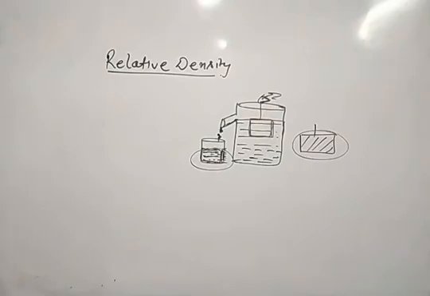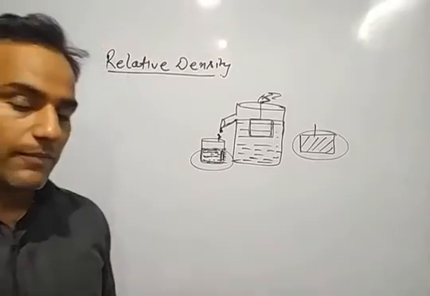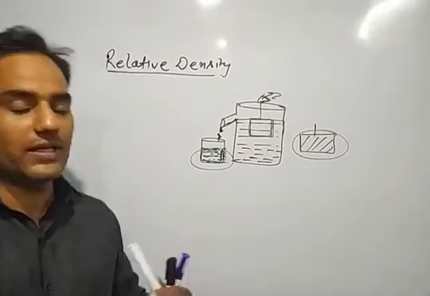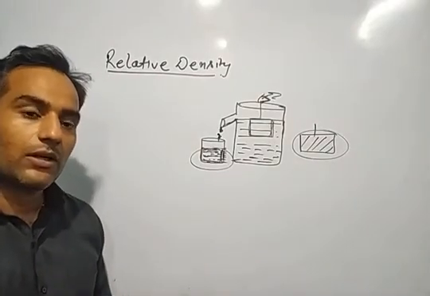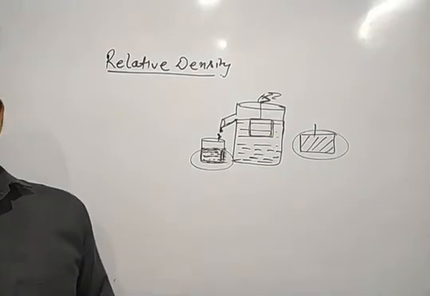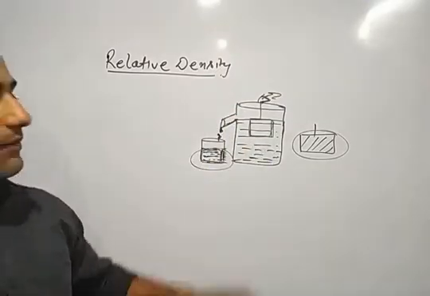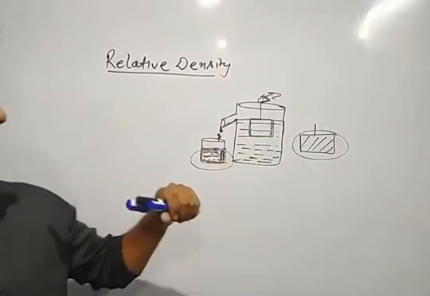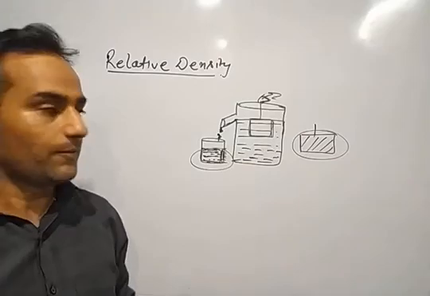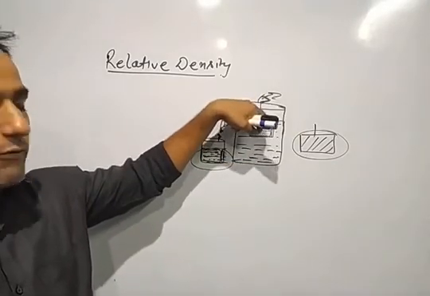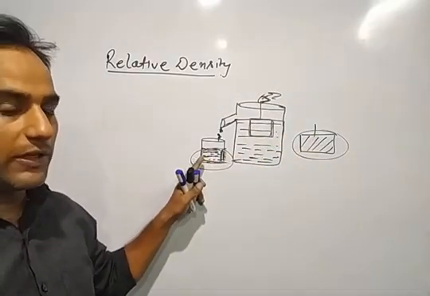Okay. Now listen. What is Archimedes' principle? Archimedes' principle is that whenever you submerge any object wholly or partially inside the water or any liquid, as soon as it goes inside the water, it displaces some water. Listen carefully. The liquid displaced is equal to the volume of the submerged part. That is equal to the volume of this solid. That liquid is here in the small beaker, the second beaker.